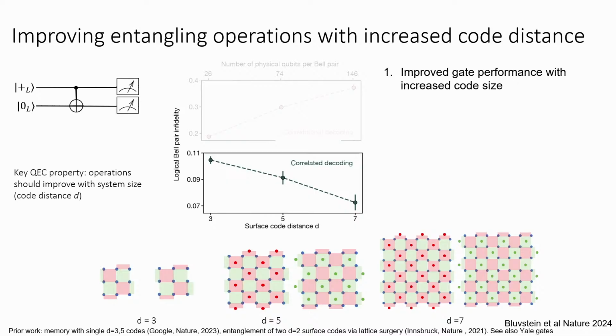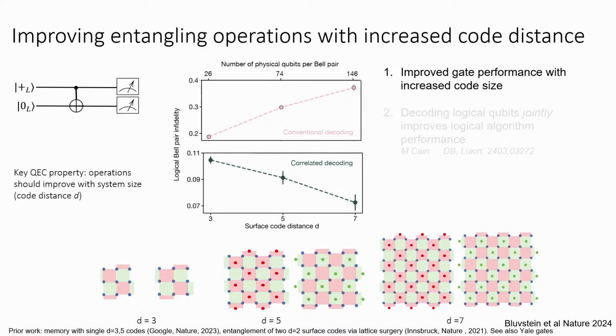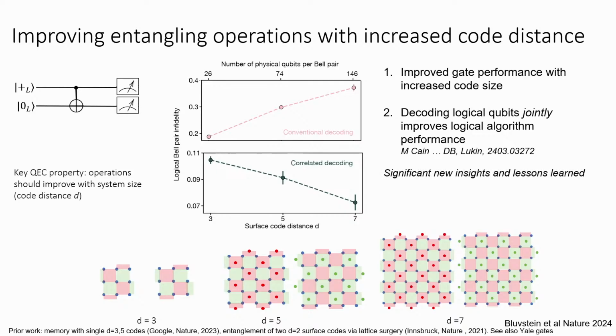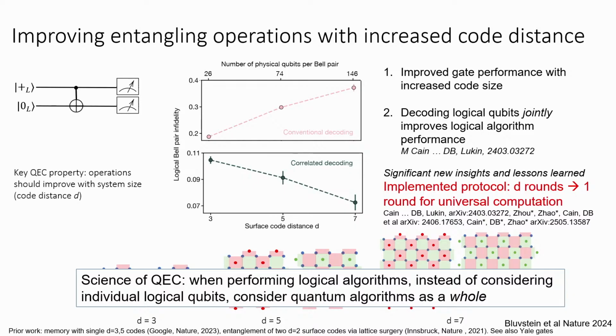We also learned a lot of practical lessons about the importance of how we do this so-called decoding, which is the inference process of when I look at the stabilizers, how do I infer what errors happened in the system. And in particular, we developed these so-called correlated decoding techniques, very related to so-called space-time decoding in the literature. And broadly, the observation here is that when we're doing algorithms between logical qubits, it really makes a lot of sense not to consider logical qubits independently, but to consider the algorithm as a whole. And what you even define as your logical qubit starts to change once you start doing quantum circuits.